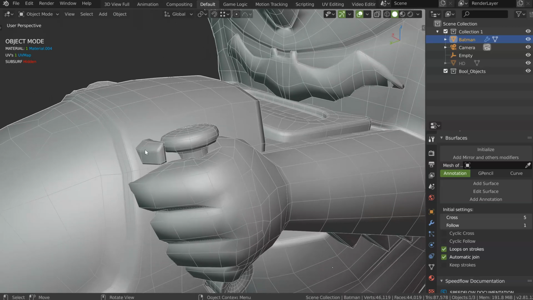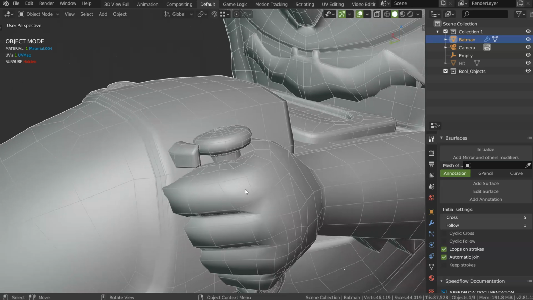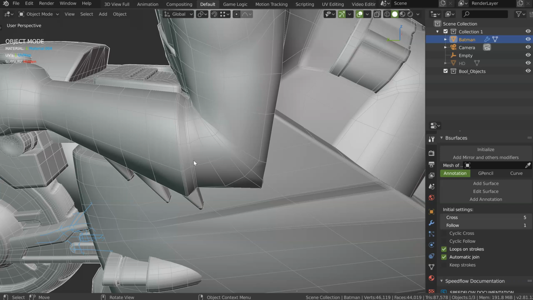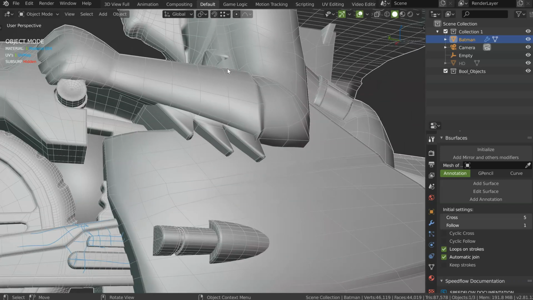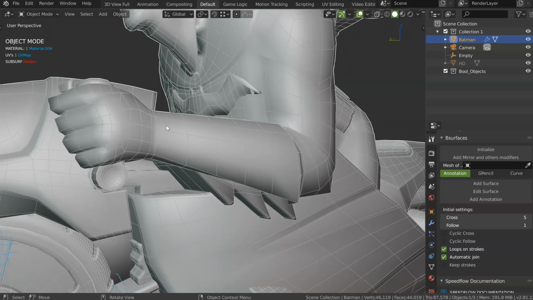Same for this, I could have used a bevel, as you can see. It would have worked. This one would have been a screw modifier. On this one, a little bevel here, a little bevel here. The important part would have been to keep the bevel at the same size, like that you are sure everything is uniform, and you will have something better.